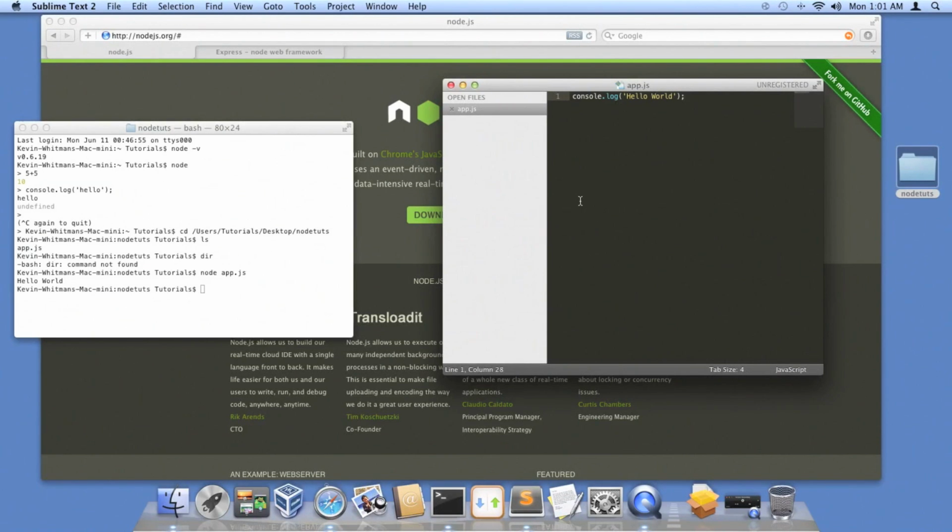But when we do a web server, when we tell the web server to listen, it will keep the process running. So let's go ahead and write a simple web server using Express. That'll just say hello world when we go to localhost. So to do that, we're going to use the Node Package Manager,